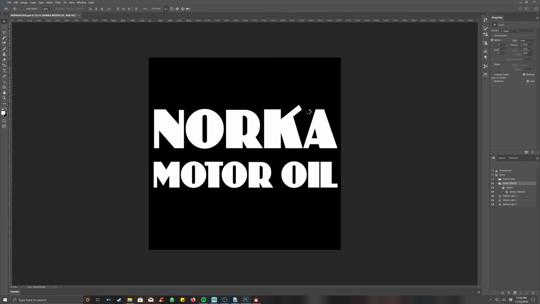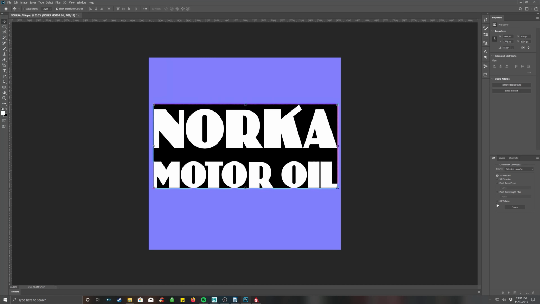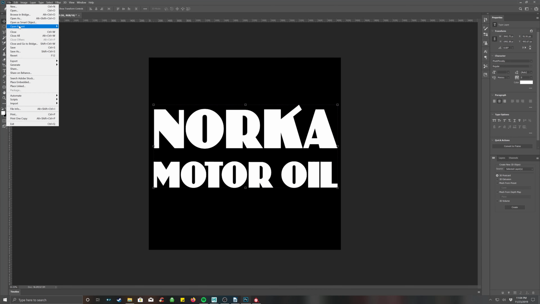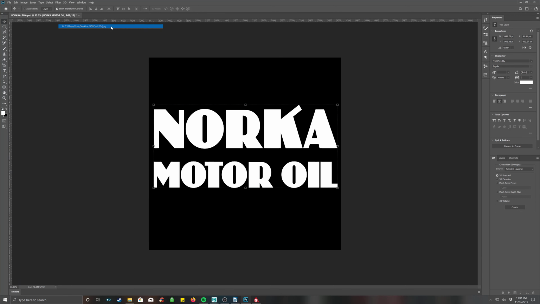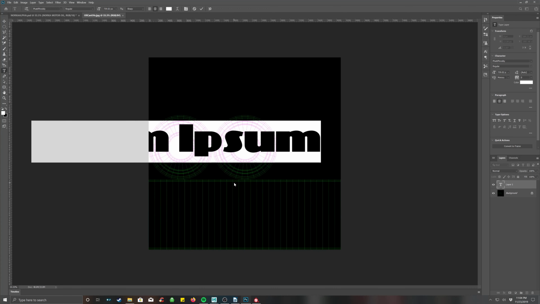Let's see why the normal map filter is not working. There we go. Okay, so it worked on that one. So we're going to try that one more time. So it's not going to be as crazy as it was last time. I am just going to